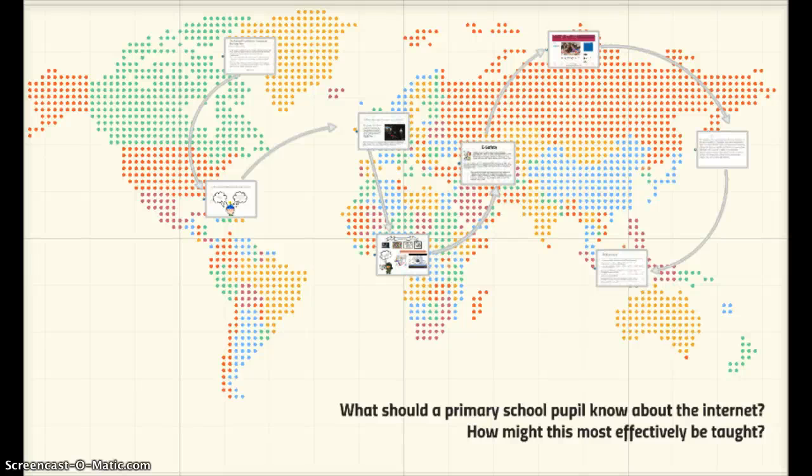Children of this generation are the first to grow up with a wide range of technologies providing easy access to the internet. For them, there is no waiting for the dial-up. The internet is instant and, more importantly, accessible almost everywhere. I'm going to consider what I think that children should know about the internet and how this can be taught